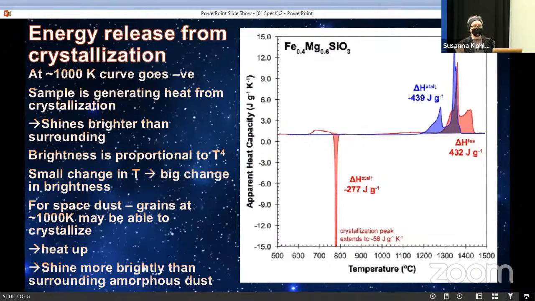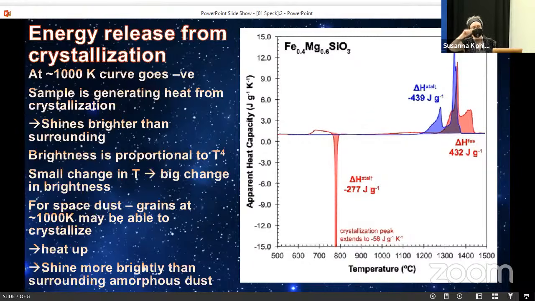This one is actually showing you the apparent heat capacity as a function of heating and cooling. Now, in these experiments, although for dust formation we care about a gas that's cooling and then dust is forming, because of the way the instrument works, the cooling is passive. It just cools at whatever rate it cools at. But the heating is controlled, so we control the rate at which it heats. So that's a better measure. So that's the red in this graph.